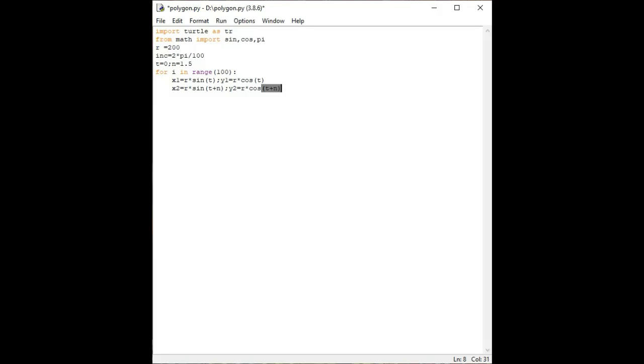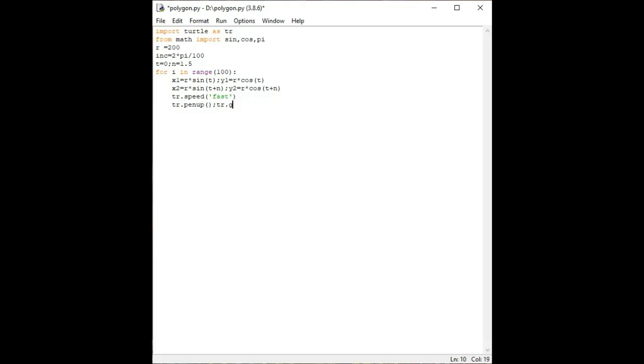And next we have to write tr dot speed, I'm writing fast in the open and close brackets, and you can write slow also, you can write medium, normal also, you can write fastest also, but I'm writing fast. And then tr dot penup, tr dot goto